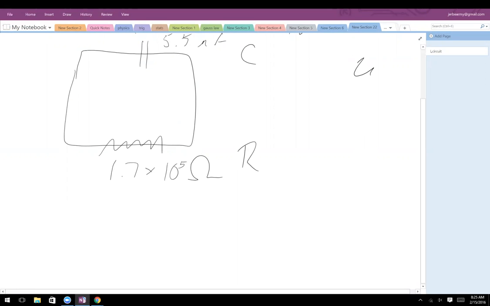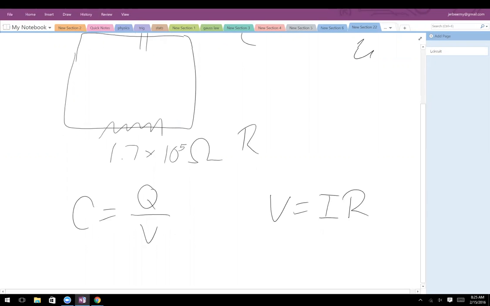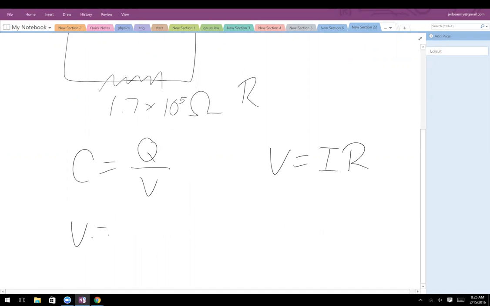So we said when you have a closed circuit, basically all the voltage drops have to add up to 0. So we know the voltage across the capacitor, well, C is Q over V, right? And what do we know about a resistor? Well, we know that for a resistor, V is I times R. Right? So let me just get V by itself in the capacitor one. So V is Q over C, and V is I times R. All right. Well,